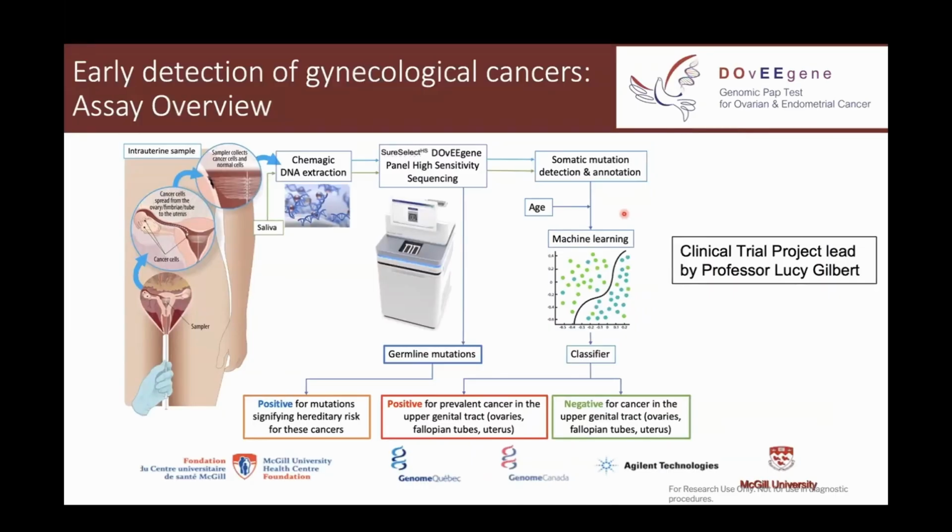The project on which the data I'm going to present is based is about the early detection of gynecological cancers using a molecular genomic assay, whereby, as you can see here on the left, a sample is being taken from inside the uterus of the patient, as well as a saliva sample. We perform DNA extraction, followed by panel sequencing, which is based on a capture using Agilent SureSelect technology in this case, and high sensitivity sequencing, aiming to detect germline mutations in order to identify the possibility of an underlying